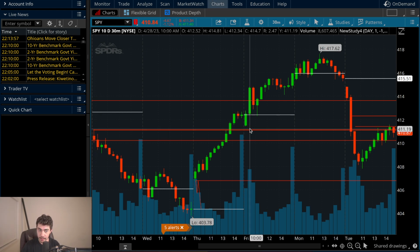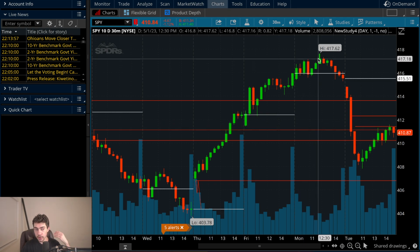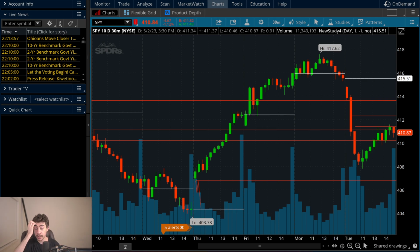And then look, it breaks above 411, pulls back to 411. It's likely to be bullish because it already had a massive breakout by the dip at 411. And then look, goes to 417. So that's what you need to understand. It's a make or break bull or bear trap that is going to magnetize and gravitate itself towards one of the gaps. And it is your responsibility to use candlesticks, to read and trade the chart, to use the indicators,